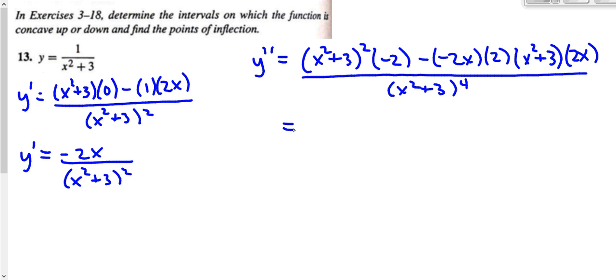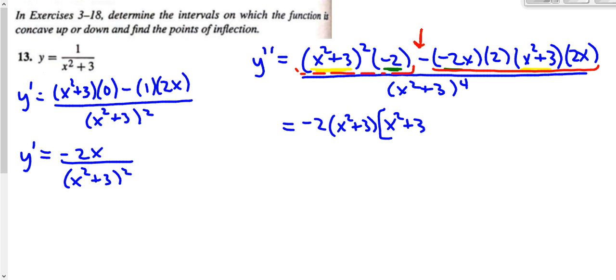Now let's simplify this. Okay. Well, what do we want to do here? Notice that there's a factor of negative 2 in the first and the second halves of the numerator. And there's also a factor of x squared plus 3 in the first and second halves of the numerator. So I'm going to factor out negative 2 as well as x squared plus 3. And what I'm left with in the first term here is just the 1 times x squared plus 3 that we didn't factor out. And then what I'm left with in this second term here is the minus, the x, the 2, and the 2x. We factored out the negative 2 and the x squared plus 3. So that all works out to be